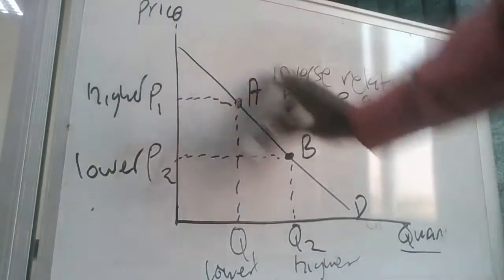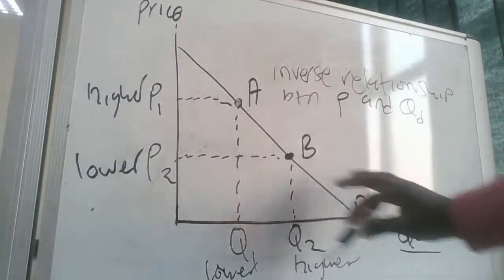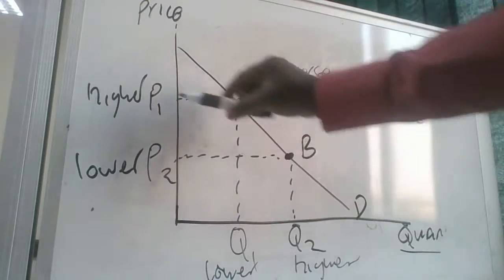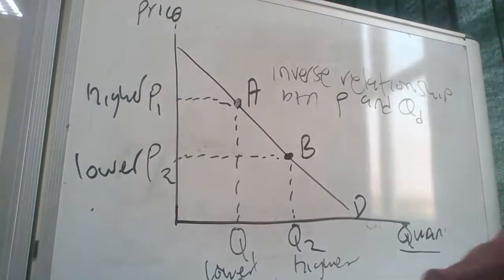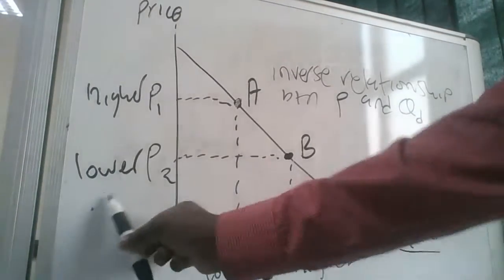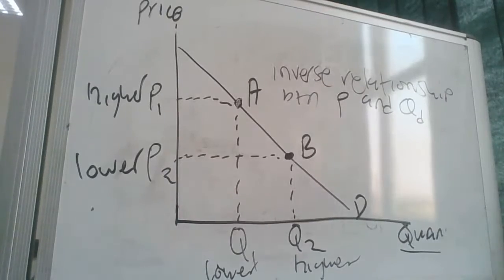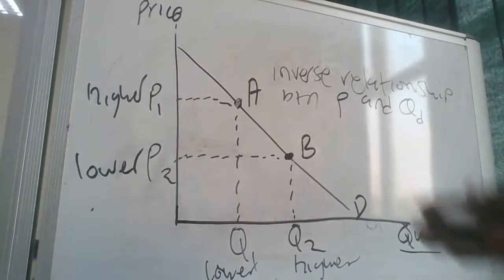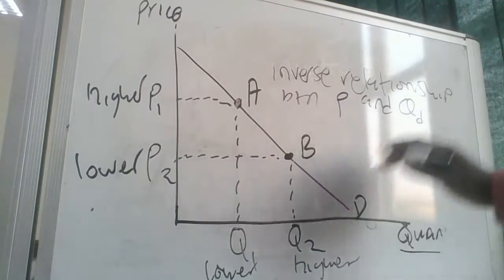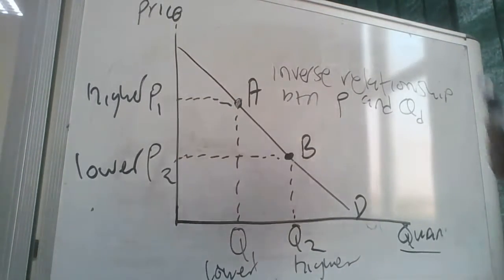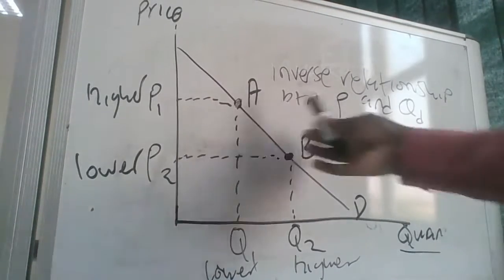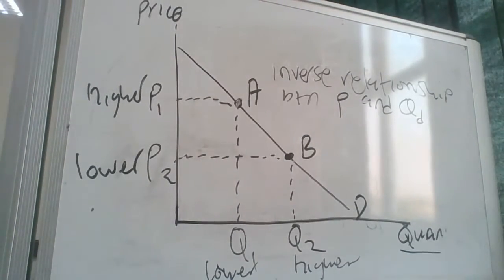So we see that graphically, we can display this relationship, and we can see that a higher price at point A is associated with a lower quantity demanded, while at point B, a lower price is associated with a higher quantity demanded, which shows that there is an inverse relationship or a negative relationship between price and the quantity demanded of an item. And from this, clearly, we can then state our law of demand, which